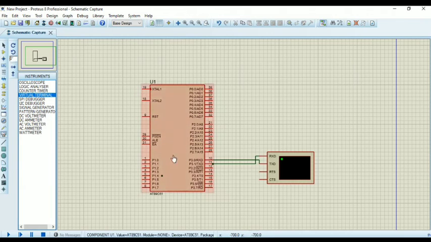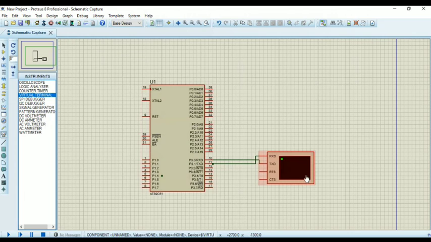The virtual terminal's RxD port is connected to the TxD port of the microcontroller, which implies that data is transferred from the virtual terminal to the microcontroller. And the RxD port of the microcontroller is connected to the TxD port of the virtual terminal, which implies that the processed value in the microcontroller is given to the virtual terminal.